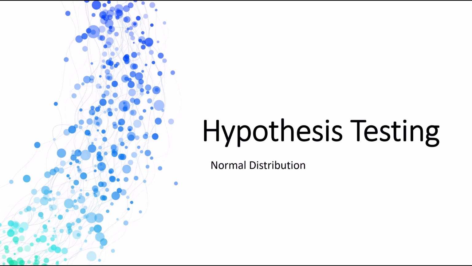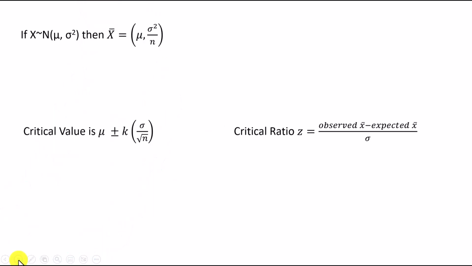Okay, in this video, we're going to look at hypothesis testing with the normal distribution. So now we've reviewed the normal distribution and how to use your table. But if we have an x being a normal distribution with mean mu and variance sigma squared or standard deviation sigma,